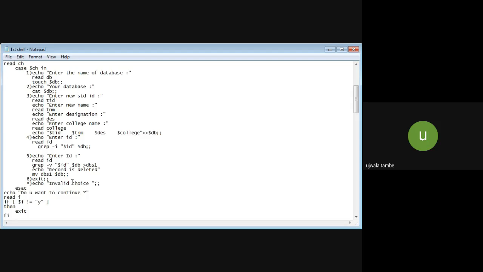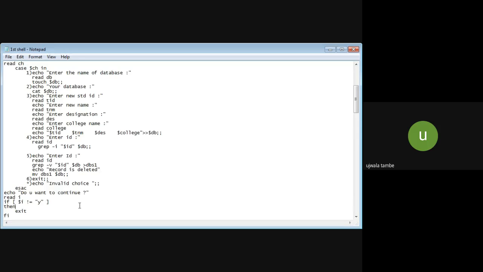As we know that we use default choices in either C or C++, here we are going to use this command, and again we are going to print echo invalid choice. Now the case ends like this, with the reverse of the spelling of case. So case starts with the normal word case and ends with the reverse of case, that is esac.